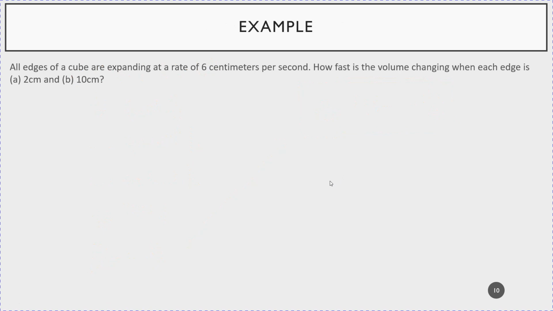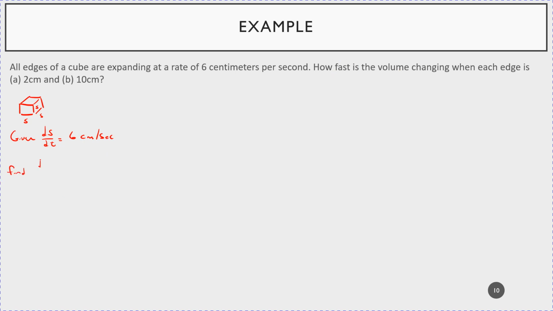All right, so the problem goes like this: all edges of a cube. So we have this cube, and I'm going to do a drawing here. They're all expanding at a rate of 6 centimeters per second. We know that in a cube all the sides are the same, so you're given the rate of change of the sides. I'll even write that in here: you're given ds/dt is equal to 6 centimeters per second. How fast is the volume changing? So it's asking you to find